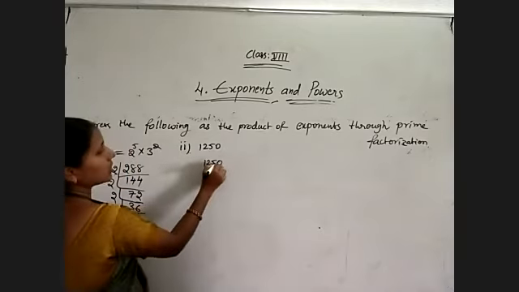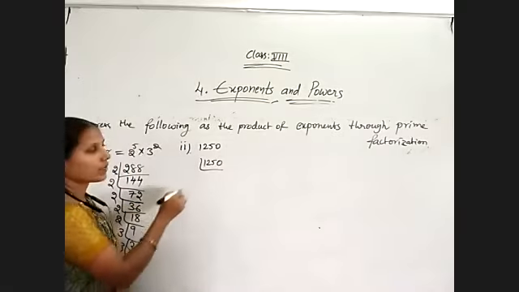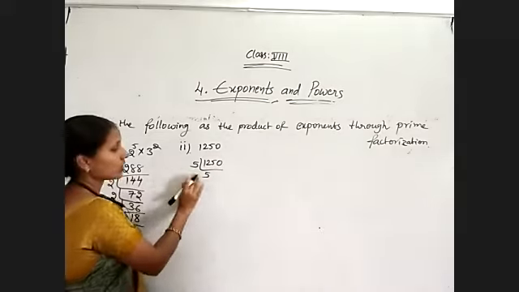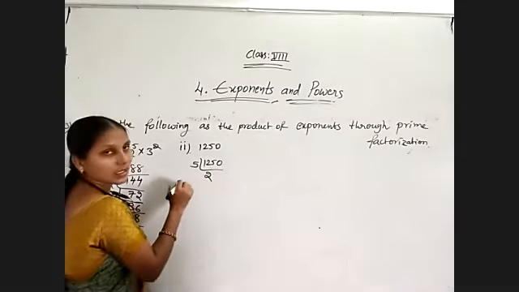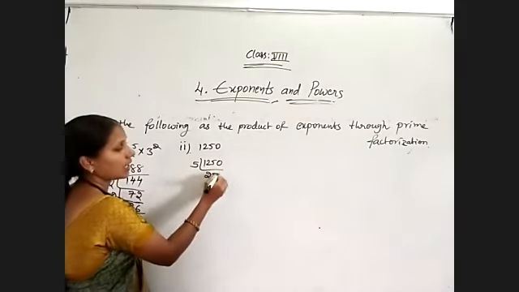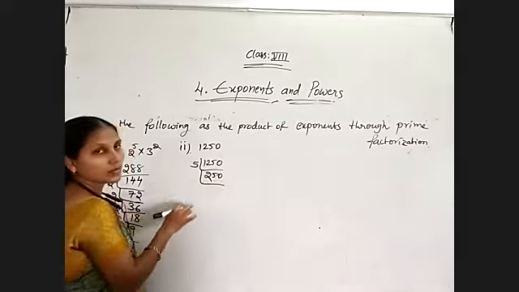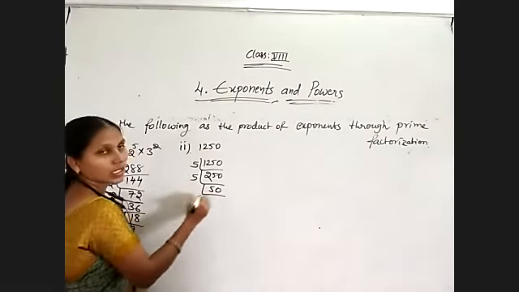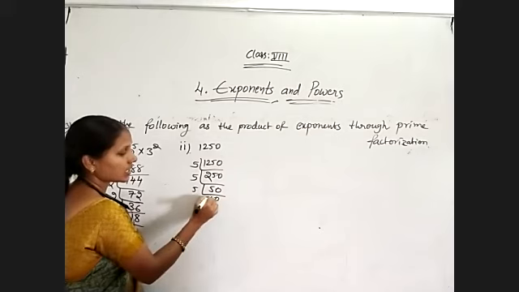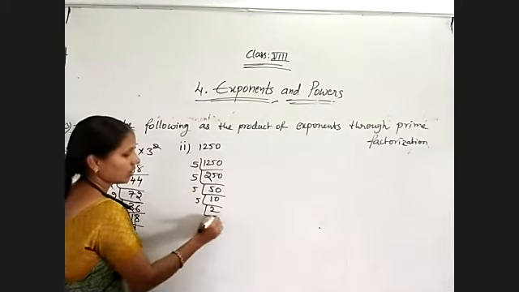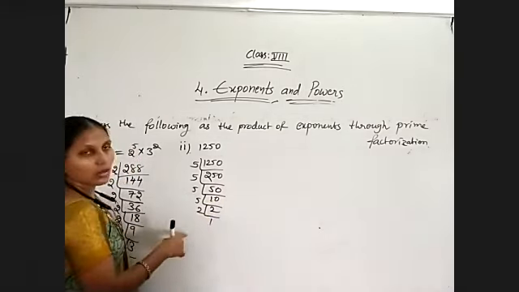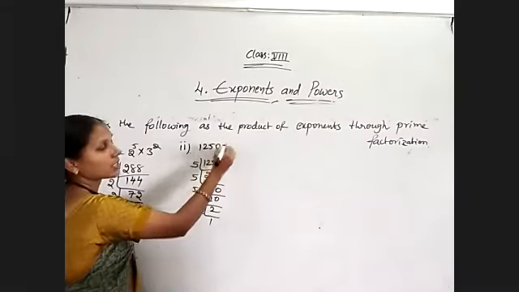So divide, because 0 is there, we can go through with the 5 table also. 5 5s are 25. Sorry, 5 2s are 10, 5 5s are 25, and 1 0. Again, because of 0, we can go through with the 5 table. 5 50s are 250. Again, 5 10s are 50, 5 2s are 10, 2 1s are 2. That's all. So now, what is the exponential form of this number?